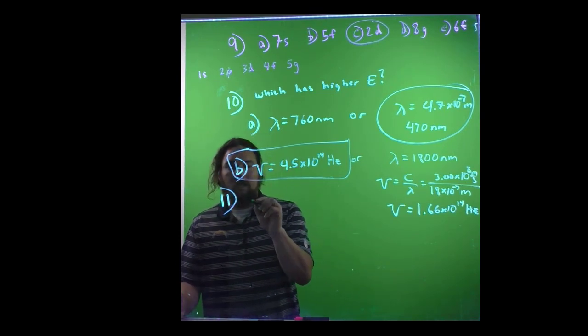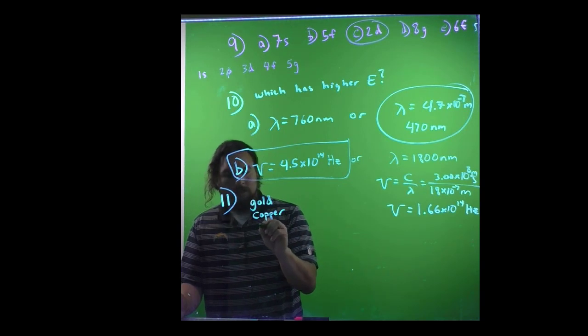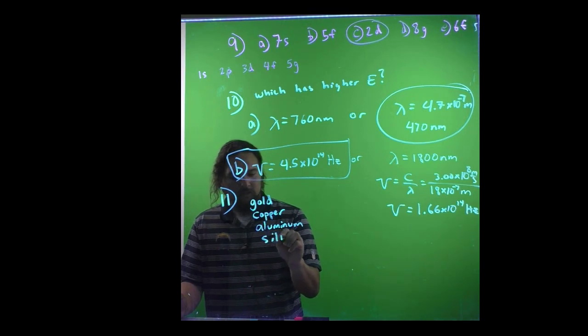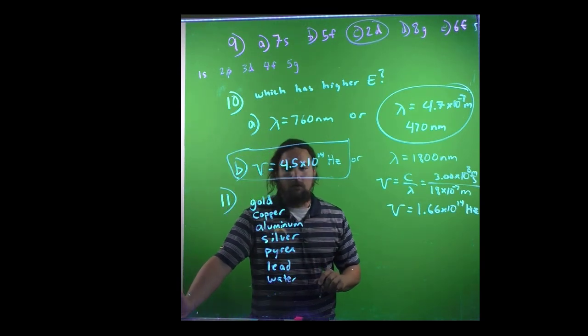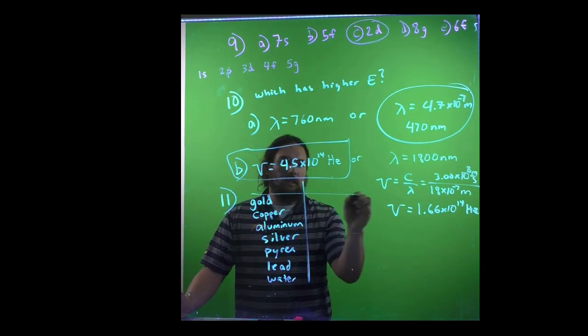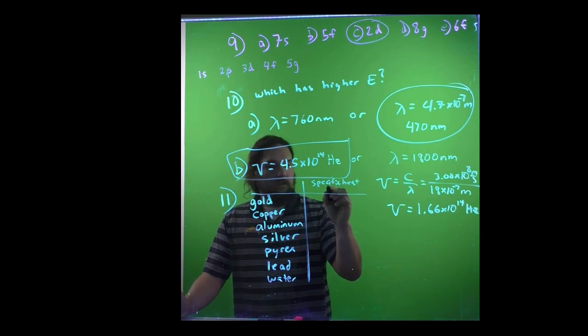So the different substances we have are gold, copper, aluminum, silver, Pyrex, lead, and water. I don't know how you're going to have a water rod, but this is just a conceptual problem. The specific heat of each of these in units of joules per gram degree C would be